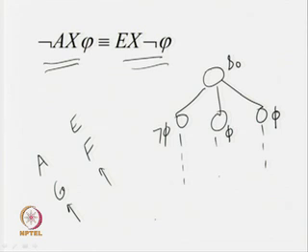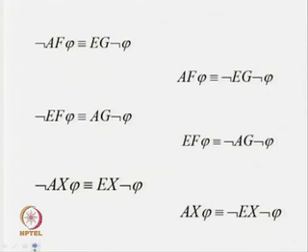And by looking into these formulas, we will find that one is the dual of the other. So, if A and G are there, they can be replaced by E and F, but next state is the dual of itself, because next state is replaced by the next state operator only, but A becomes E when we take the negation of this particular formula. So, these are the equivalent formulas that we get in CTL. In a nutshell, we can summarize it like that.